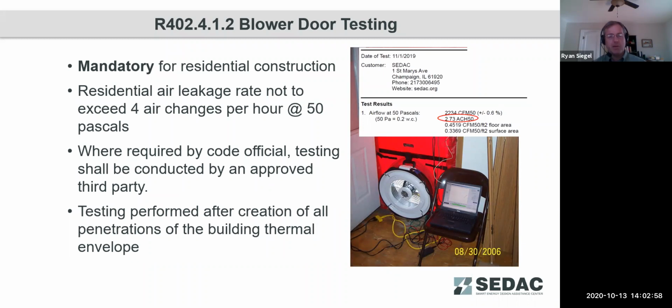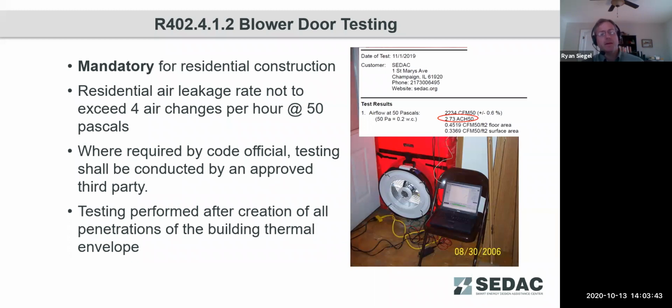Under a performance path, that could be used as something else. It is possible that 4.5 air changes per hour was done under the prescriptive or under the performance path, and to account for that leakier air envelope, some other trade-off was made. So that's where any project that is using one of the performance paths throughout all these inspections is verifying not only that they meet the code, but verifying that they meet the actual design, because the design will be the